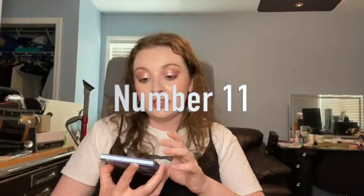All right, number 11 is my Alice in Wonderland Lost in Wonderland palette, and this is the color story. I like the cool tones, like the neutrals and cool tones in it. I love the variety of colors. Like, the Down the Rabbit Hole right here is blue with this gold shift in it, and this purple over here has blue specks in it. Beautiful colors. The issue is that I have a hard time just using this palette